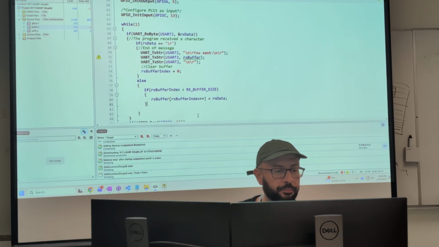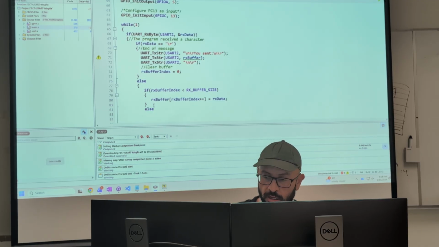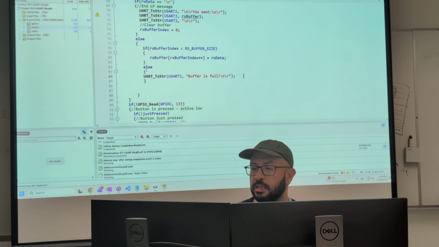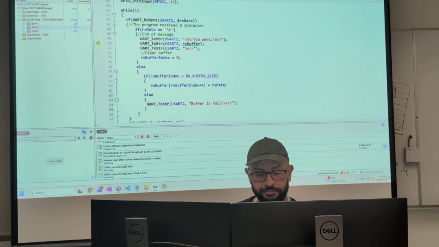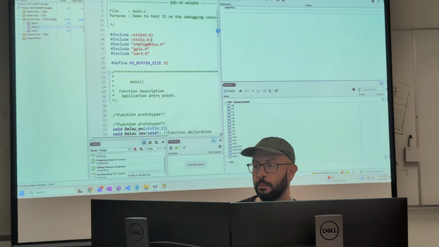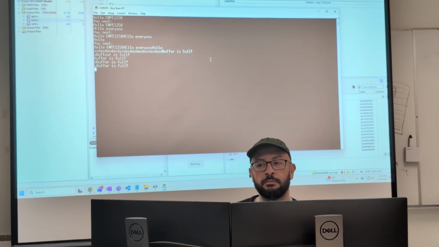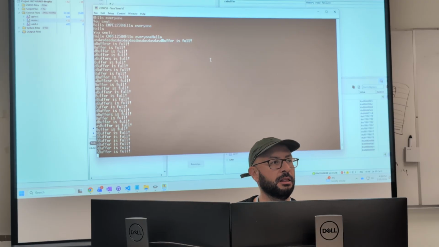And I'm going to print here, and forgive me for just copy pasting, but I want to make this quicker. Else, I'm going to send buffer is full. Okay? Now, for the sake of making this quicker, I'm going to change it to 32. Sorry, for a moment. And I'm going to try to overrun it very quickly. See? Buffer is full. I cannot really send anything more.